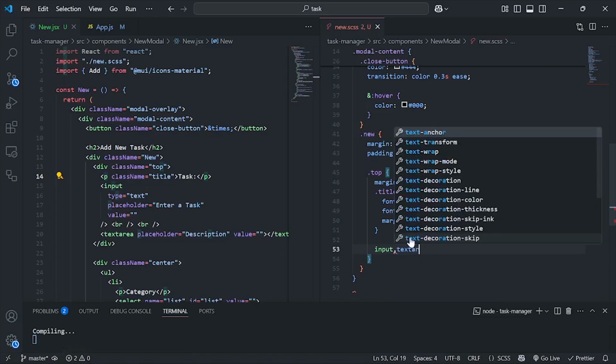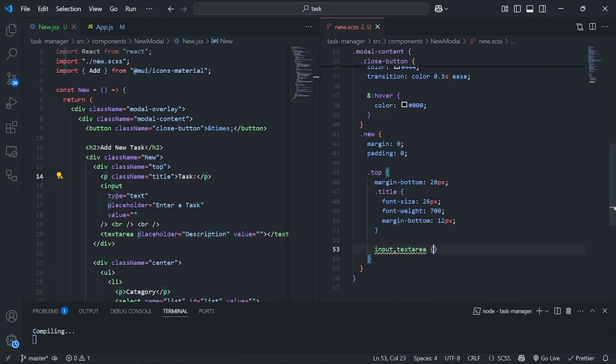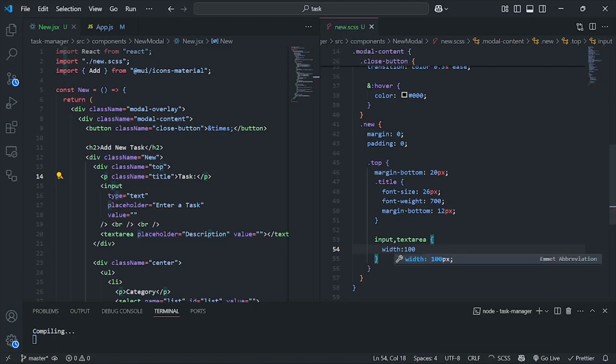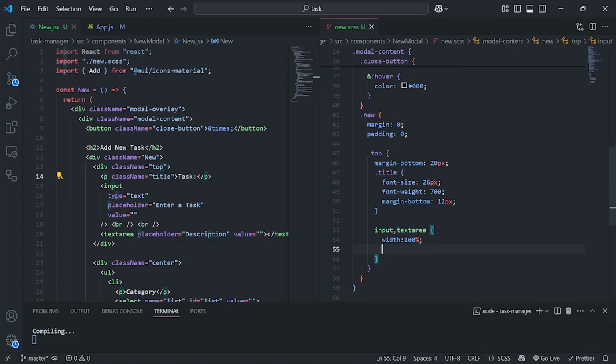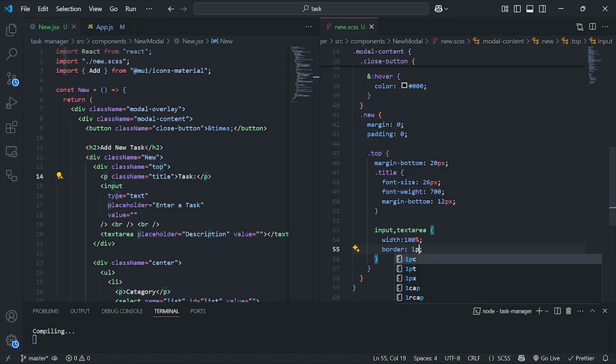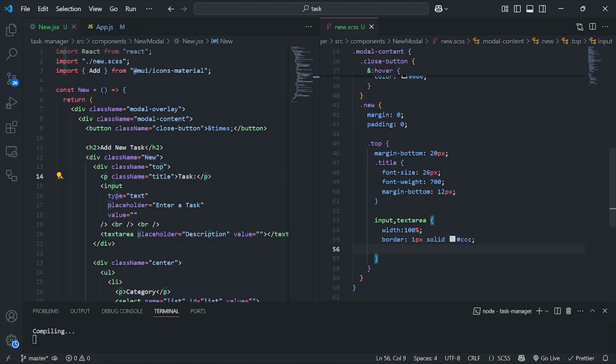Text area, like that, at the same time. Then inside, width should be 100%, and then let's give it a border of about 1 pixel solid, #ccc, like that, something like a gray color, but light gray. Then background color